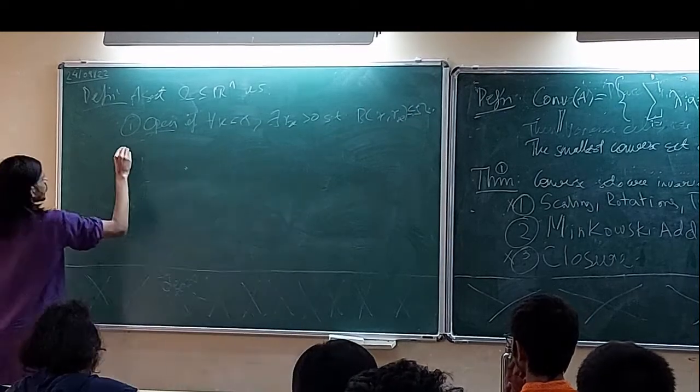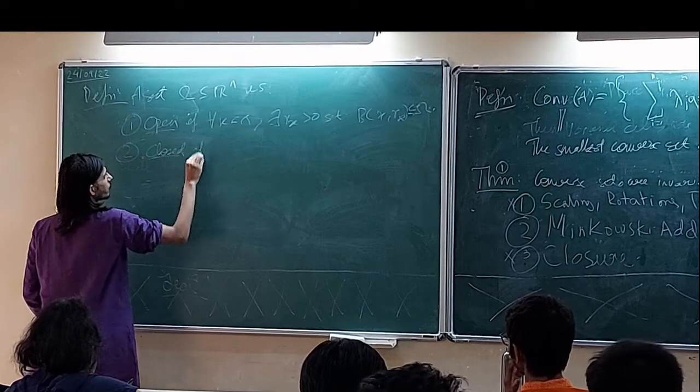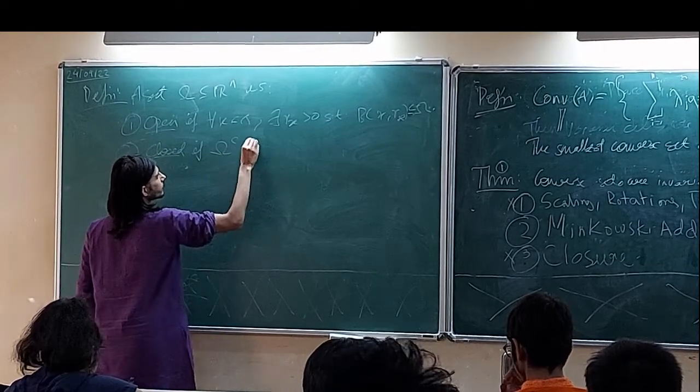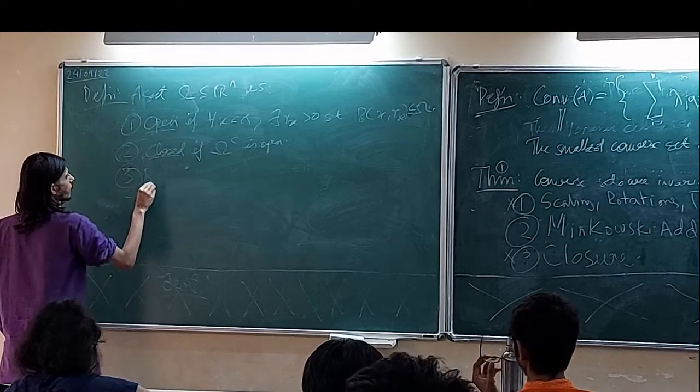Okay? 2, it's called closed if omega complement is open. 3, it's called bounded